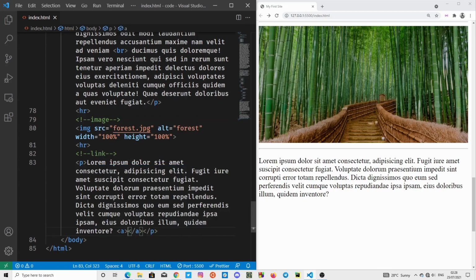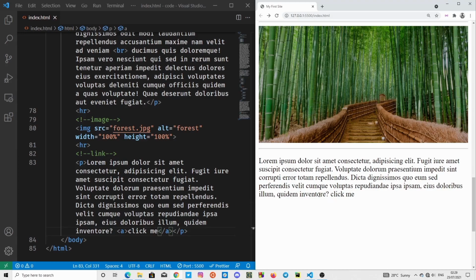As you can see here, we have the A opening tag and the A closing tag right here. Now right in between the A opening and closing tag, let's paste the click me text. All right, so now you can't see any changes for now